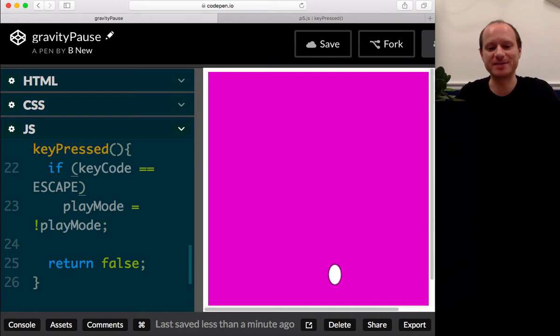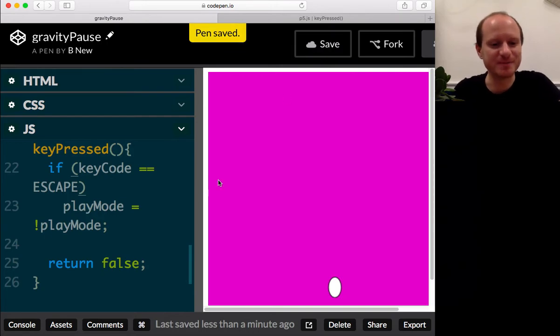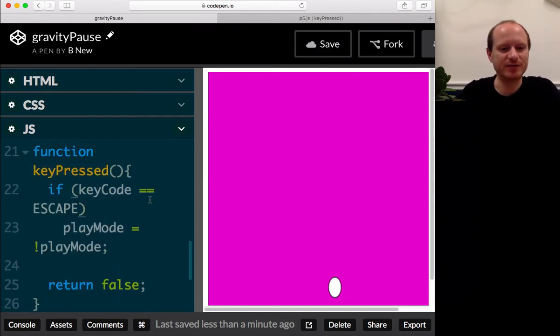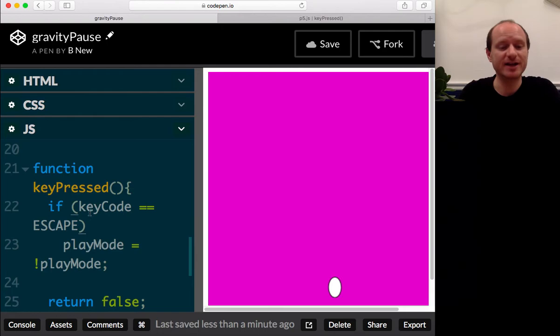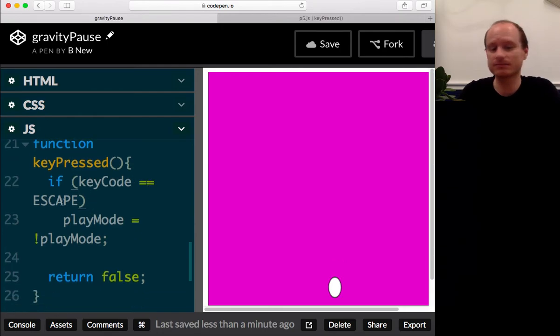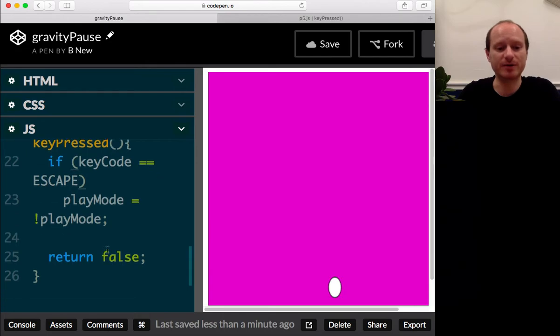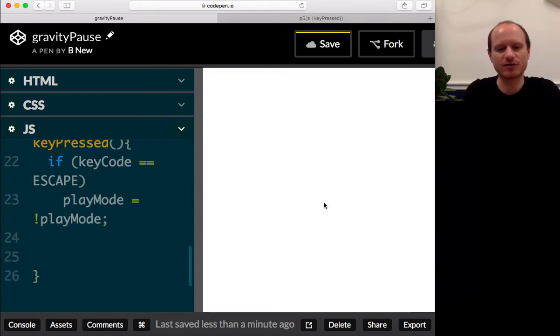I can press escape and I'm stopping and starting the egg. Brilliant. So, function keyPressed, if keyCode equals escape, for example, playMode equals not playMode. I don't need a return false. I thought that was going to stop the window scrolling happening,